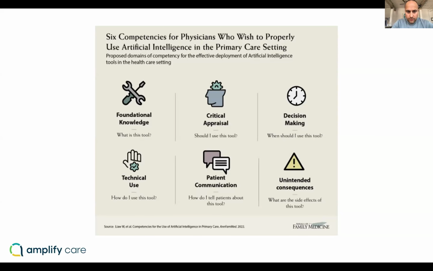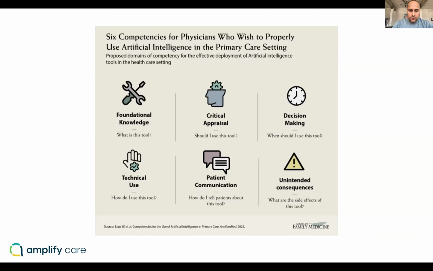Foundational knowledge. What is the tool? What does it do? Critical appraisal. Is it relevant for this particular clinical scenario? Is it approved by some sort of governing body? Is there any evidence that shows that it improves outcomes for this particular clinical scenario? Technical use, which is what we're going to get into more today. How do I use this tool? There's another one there. How do you explain to patients about the tool, answer their questions around privacy, security concerns,